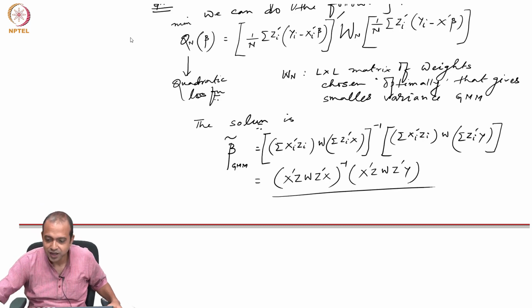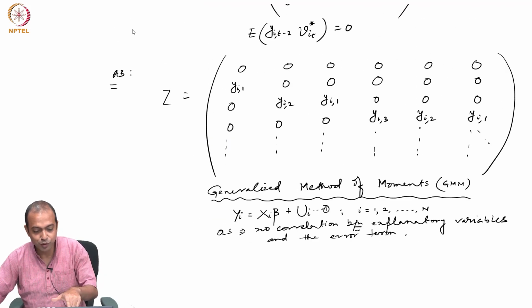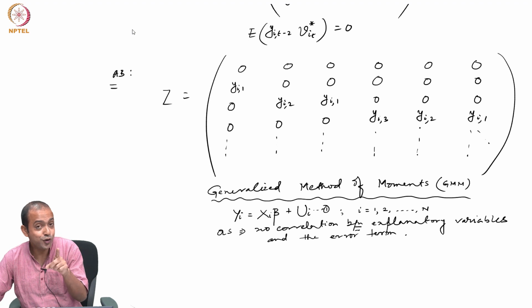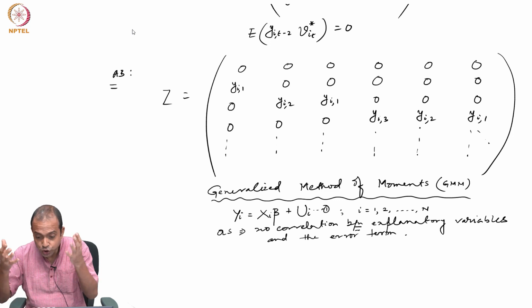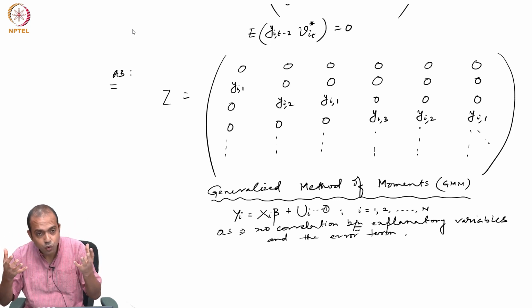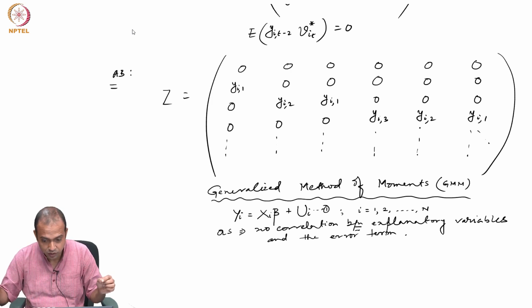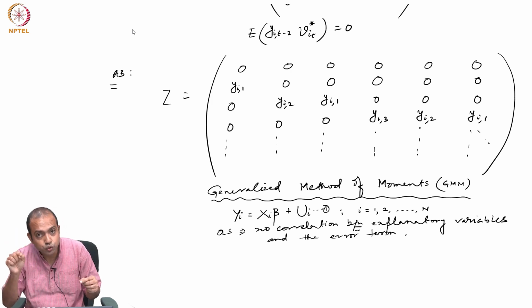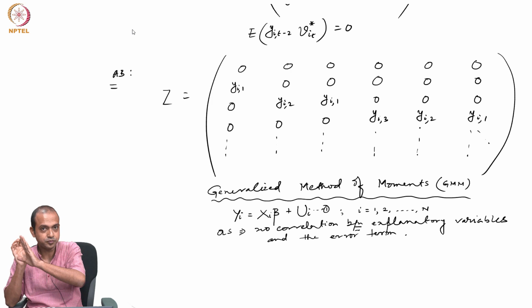Now, why is this the case? Again, if you go back to the instrument matrix that we derived in the case of the Arellano-Bond model, look at what Arellano and Bond suggested: that we should use all the information available in the system, all the moment conditions available in the system. That is why they suggested you include all the lags available for each period. So y i t minus 2 comes from the idea of Holtz-Eakin.